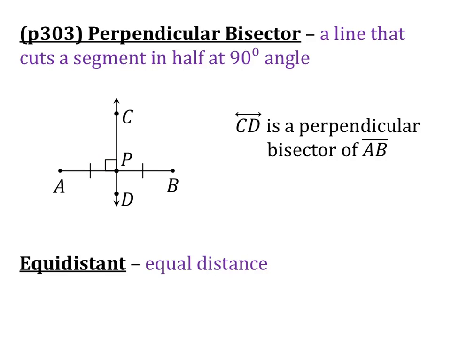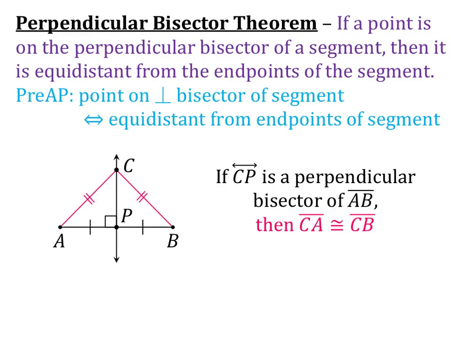And also we are defining equidistant, which means equal distance. It sounds just like the word. Now let's discuss the perpendicular bisector theorem. This states that if a point is on the perpendicular bisector of a segment, then it is equidistant from the endpoints of the segment. So what that means is since C is on the perpendicular bisector, then AC is congruent